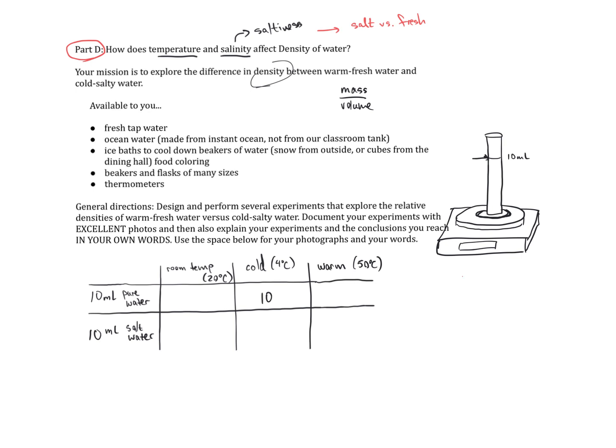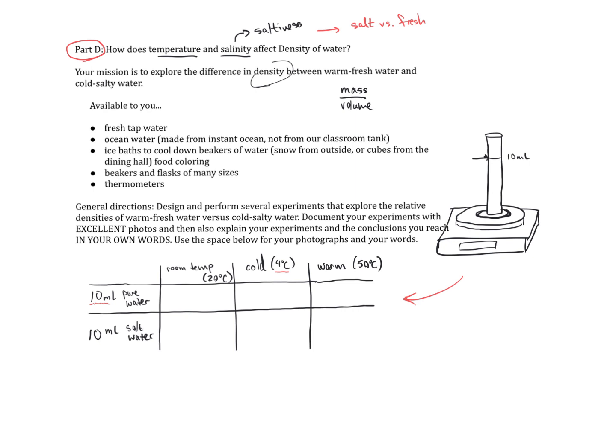If I took cold water, 4 degrees Celsius, and I put 10 milliliters of that water in a graduated cylinder, I would expect it to have a mass of exactly